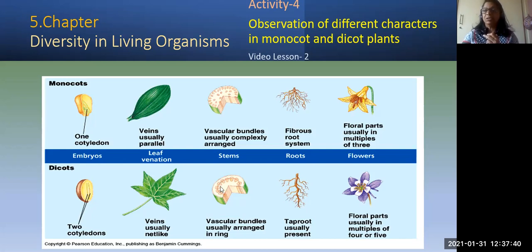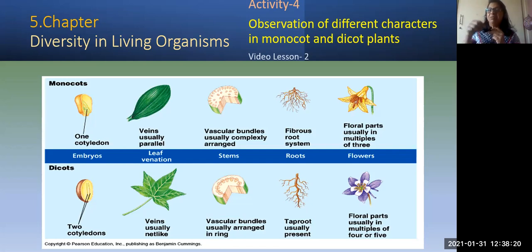Single ring-like structure. Okay, and fibrous root system. Here you can see all the roots are formed from one point, and they do not have that much length. They are superficially fixed in the upper layer of the earth, so that we can pick them very easily. Whereas in the taproot system, the dicot has a taproot. Taproot means what? One main root, from which branches arise. So this is called a taproot, and it enters deeply inside the soil layers.